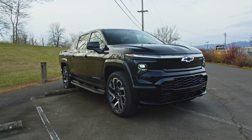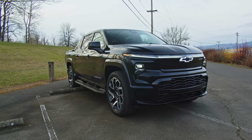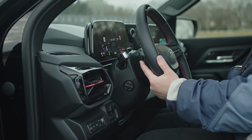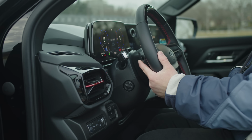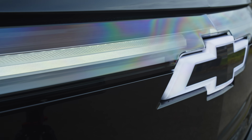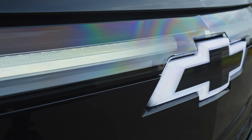I mean, it has one pedal driving, which is very effective. Yes. It has the paddle Regen on demand, which I love. I'm a fan of that system in every Chevy vehicle, and I think it's one of the best decisions they made. I also want to talk about some of the weird design decisions that were made with this